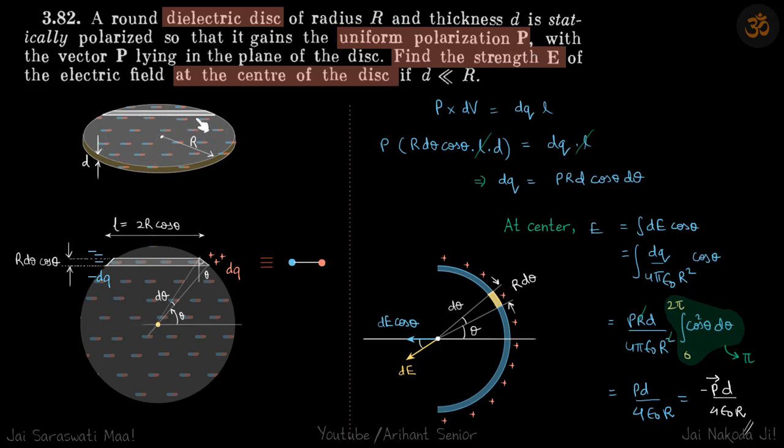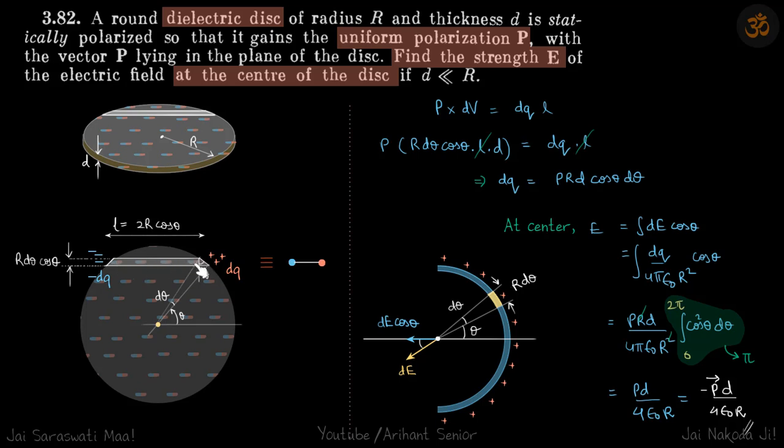So because of the polarization, first thing is obviously that all the charge is going to be on the edge of the disc. Inside charge is 0. So let's say at an angle theta, and we consider a small angle d theta, we have a charge dq on the surface. So because it is polarized from left to right, obviously the charge on the opposite end will be minus dq by symmetry.